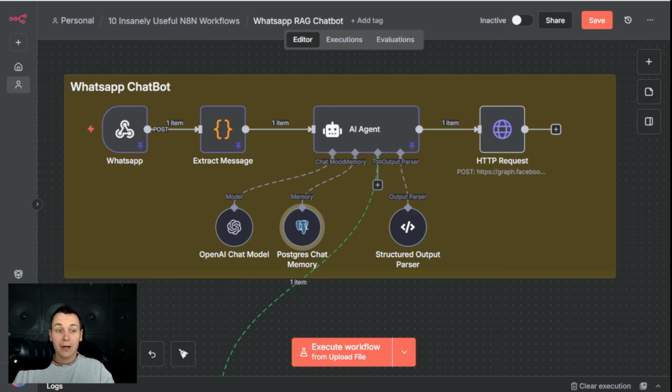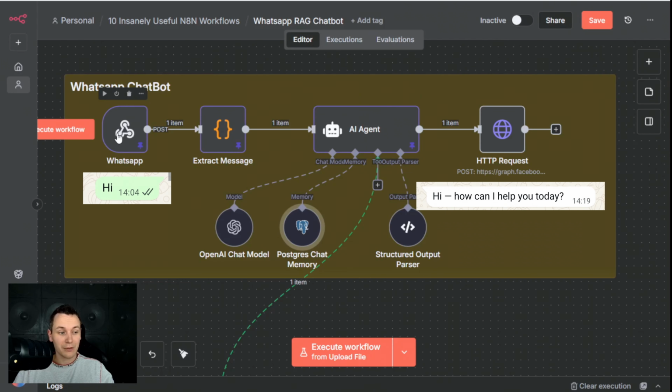They can't answer questions. What's my order status? Do you have this specific product in stock? What's your refund policy? Besides, who wants to waste time answering basic questions all over again? So that's why I have created this WhatsApp AI agent that allows you to receive and respond to messages on